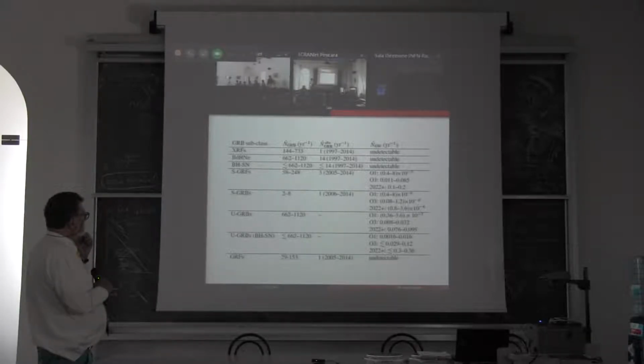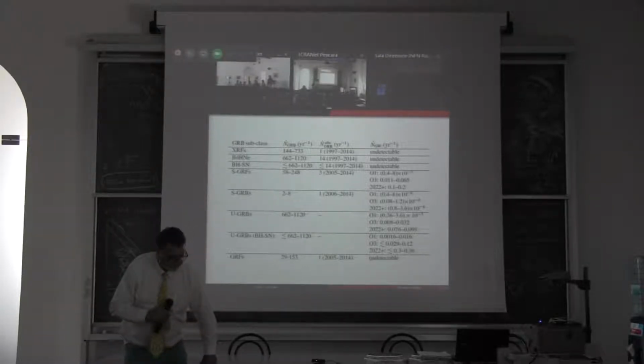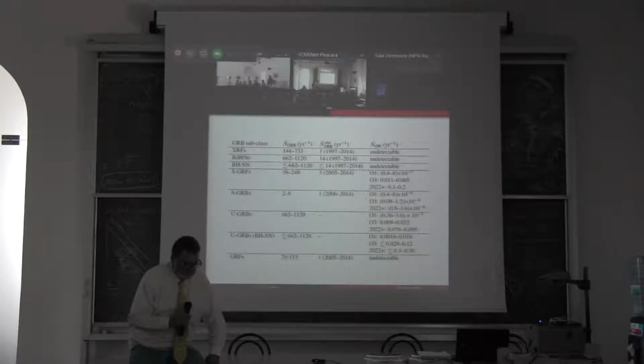Maybe by adding a column, or just in a simple way, I can have a look and understand immediately which are the systems that will provide me a gravitational wave detection in the next 10 years or in the next 10,000 years. I didn't suggest to simplify the physics of